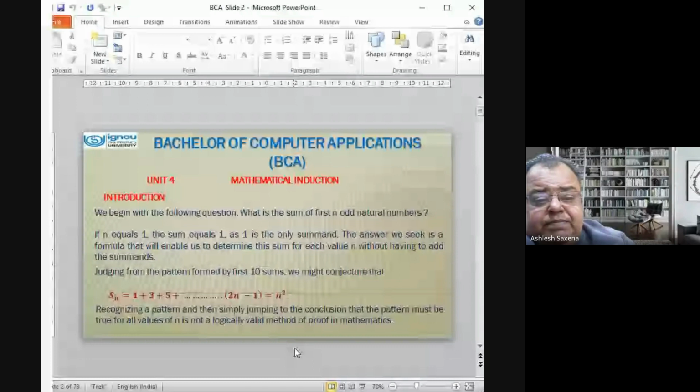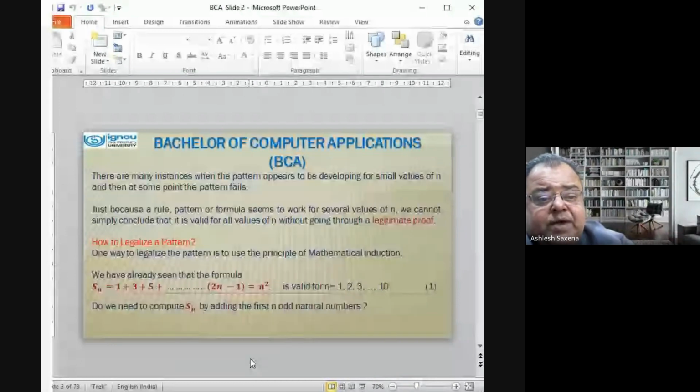Getting a pattern and then simply jumping to the conclusion that the pattern must be true for all values of n is not a logically valid method of proof. There are many instances where at some point the pattern fails. Just because a rule, pattern, or formula